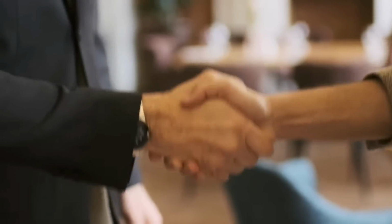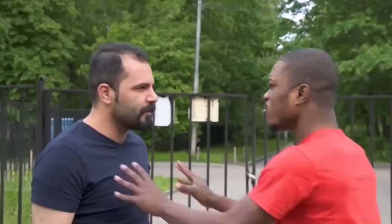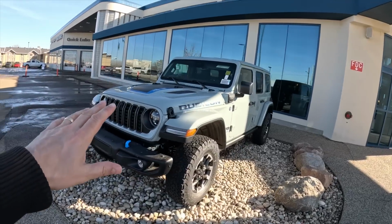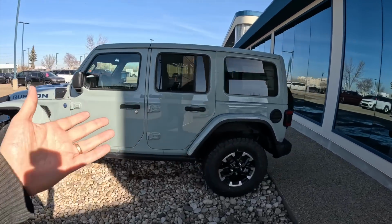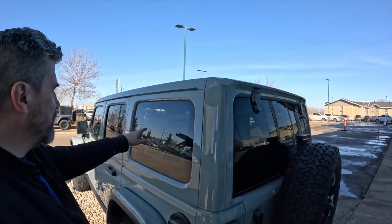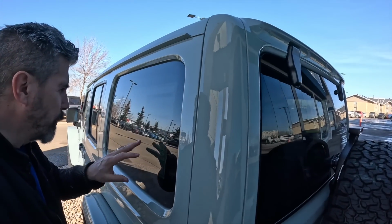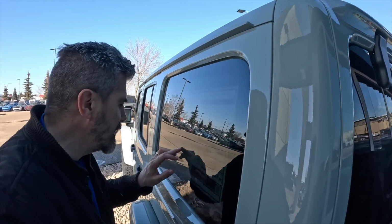Now, in recent months, they've tried to incentivize and get more people in the door, but the reality is a lot of people are not accustomed to these extraordinarily high prices. It's a pretty looking unit. That's a 4xe, all dressed up to the nines, and really no place to go because it's not going anywhere. Right here we see the sticker, the Monroney, and what's it telling us? Well, pretty good options list right here, as we can see, but